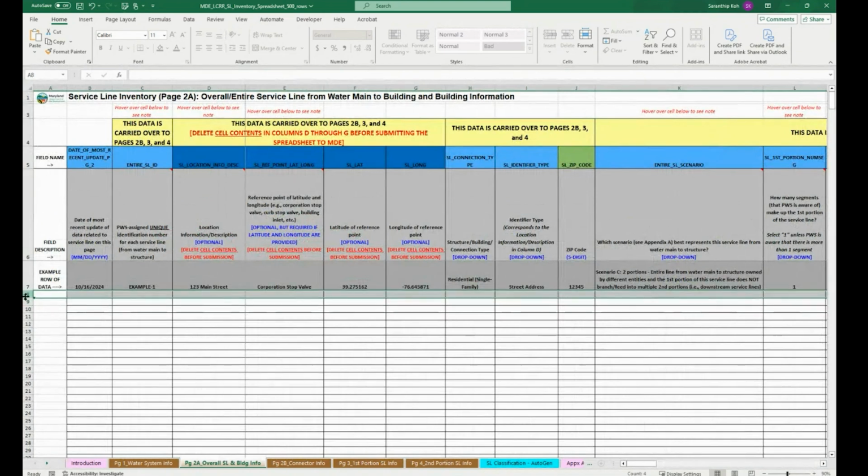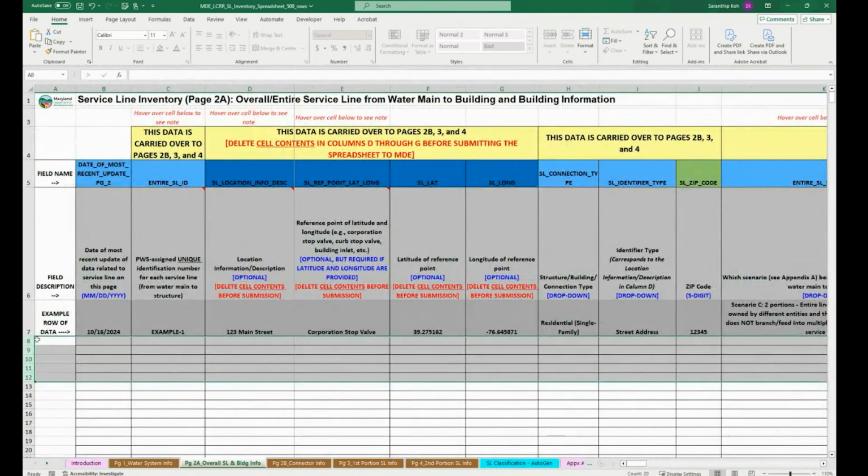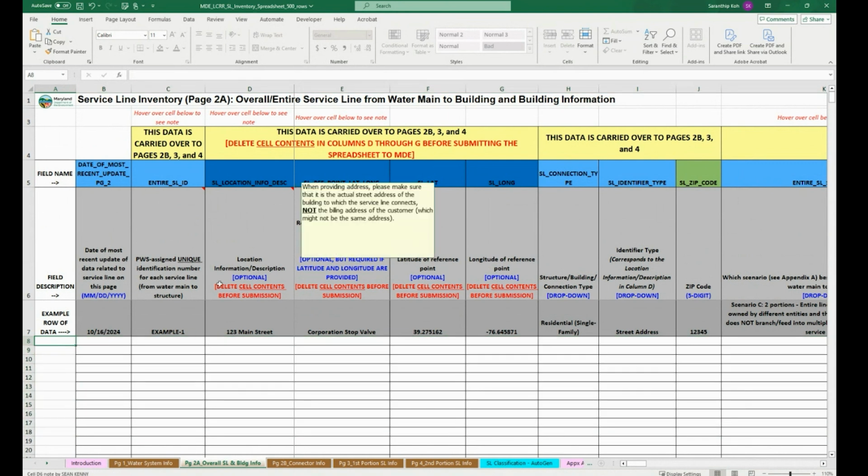Each of these rows will represent the information for a service line. If you have 5 service lines in your water system, then you need to provide the data for 5 rows. If you have 10, you provide information for 10 rows, and so on and so forth. So now let's go into